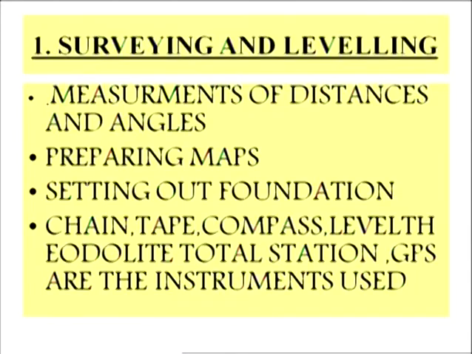So there are 2 basic parts of surveying. One is surveying, as I have told you, in the horizontal plane. Leveling is in the vertical plane, that is, to measure the difference of height. For the purpose of leveling, the instrument used is a level. Many different types of levels are available. The commonly used level is a dumpy level. Then there is a tilting level. Nowadays auto levels are also available. So basically it is a measurement of distances and angles.